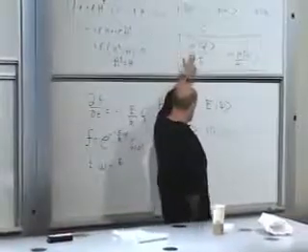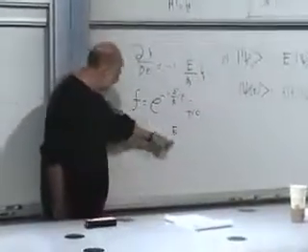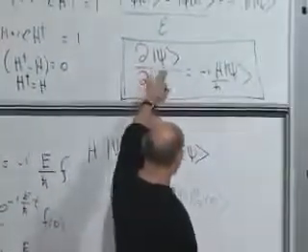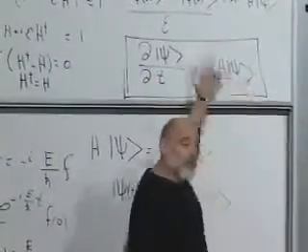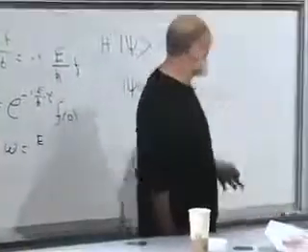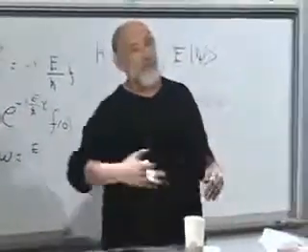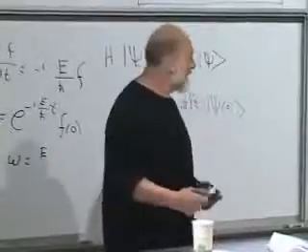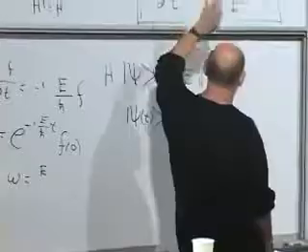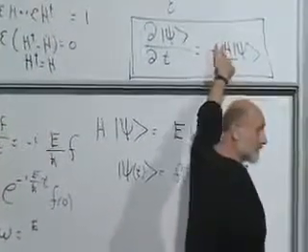But the phases and the fact that frequency is related to energy is equivalent to this equation, which tells you how states change with time. This equation also has a name. The name is the Schrödinger equation. This is the Schrödinger equation. It's not the particular Schrödinger equation that Schrödinger wrote down for a particular free particle. That was a particle in a potential. That was a special case of this. This is the generalized Schrödinger equation for any system, but you have to pick a Hamiltonian.